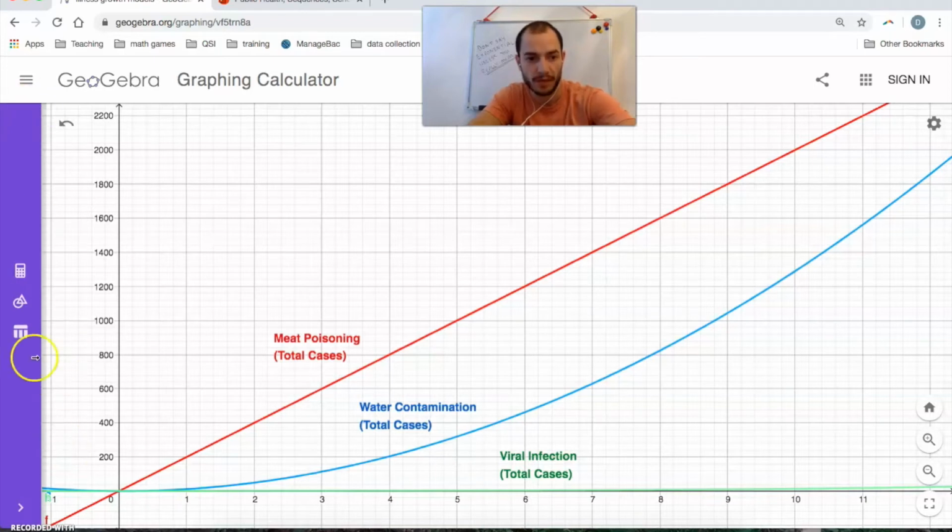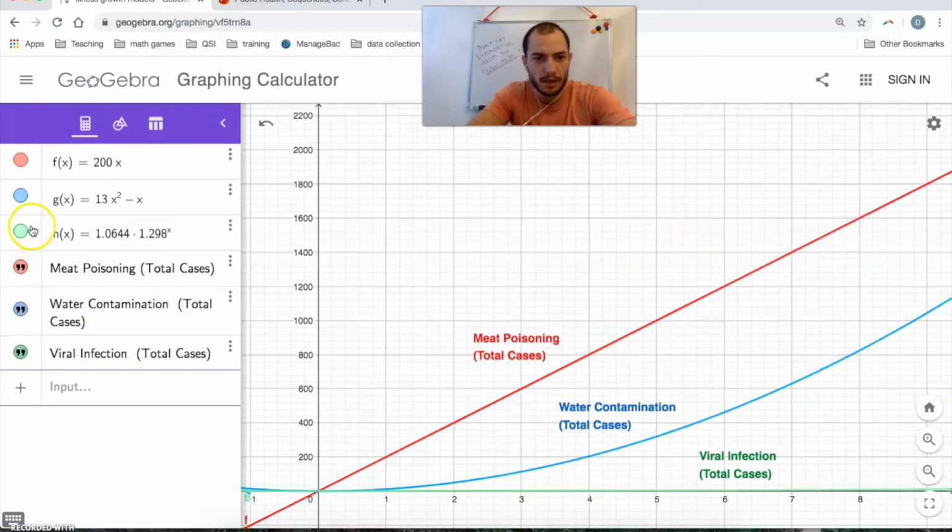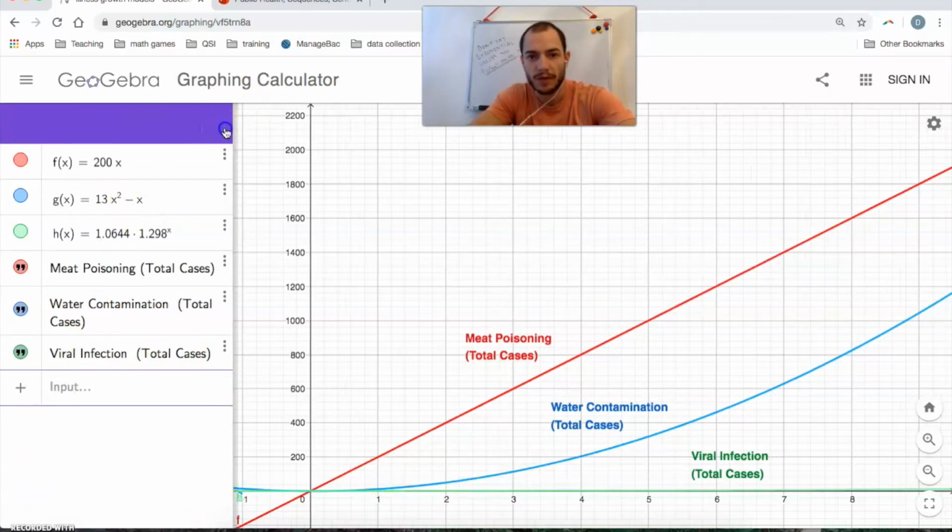But I'll go back and point out that this blue line is not an exponential function, this is a quadratic function. So if you wanted to call this growth something, you could call it quadratic growth. The blue shape here is called a parabola. So you could call it quadratic growth,